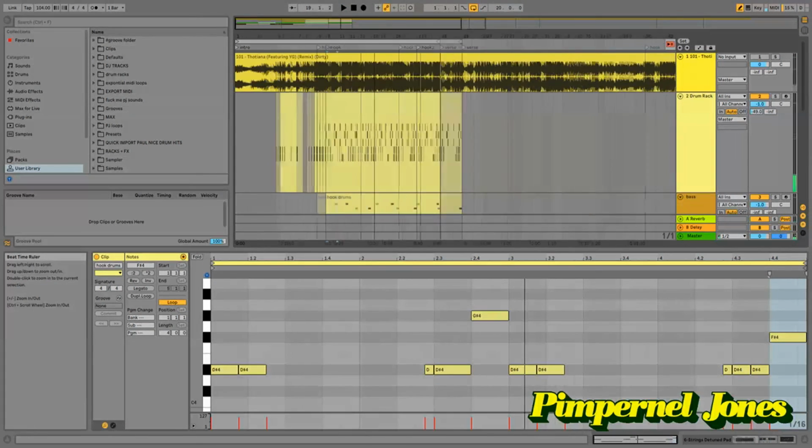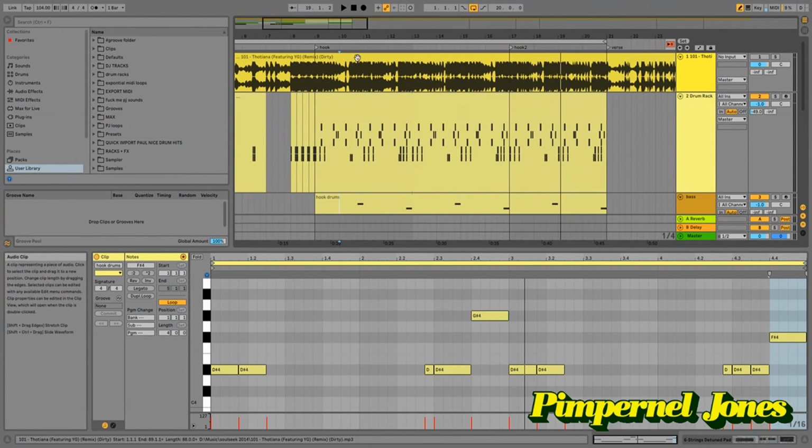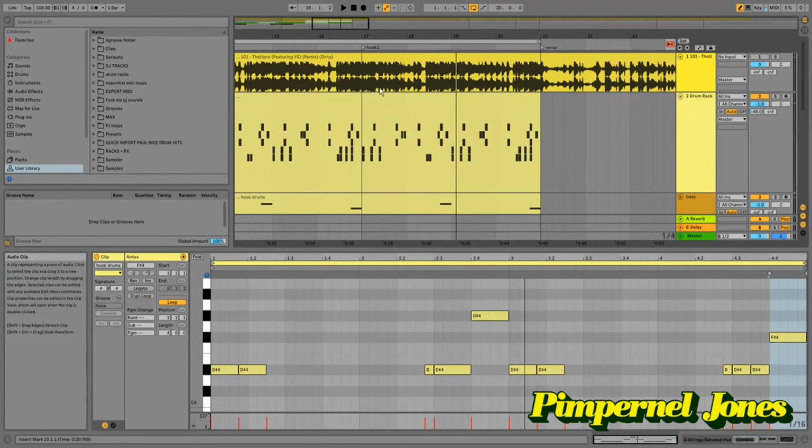Now, interesting thing about this song, you got the intro pretty standard. The hook is 8 bars, and then it's got another 4-bar second part. So it's the